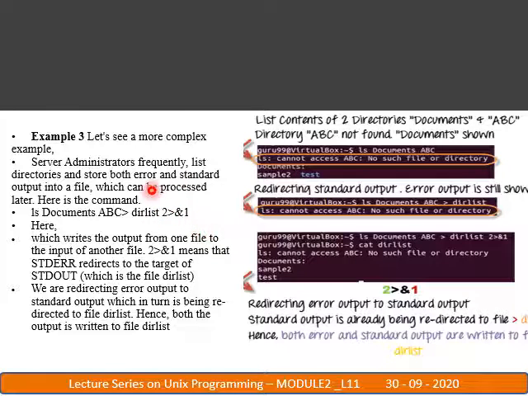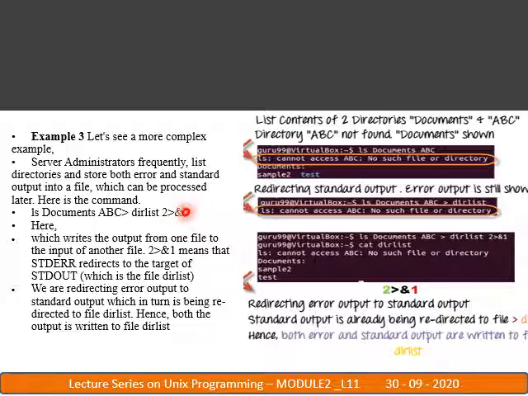This writes the output into a file, and 2 greater than ampersand 1 means that standard error is redirected to the target of standard output.